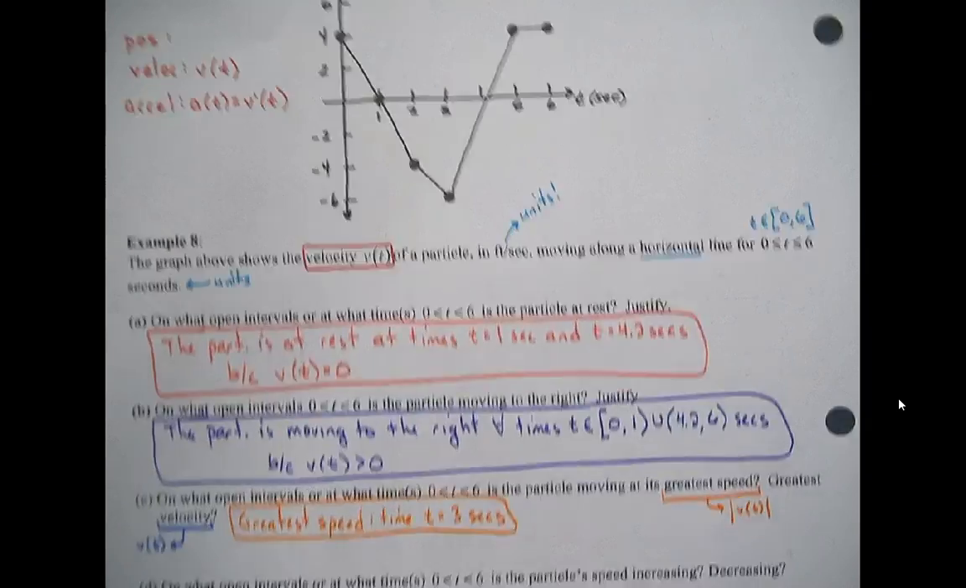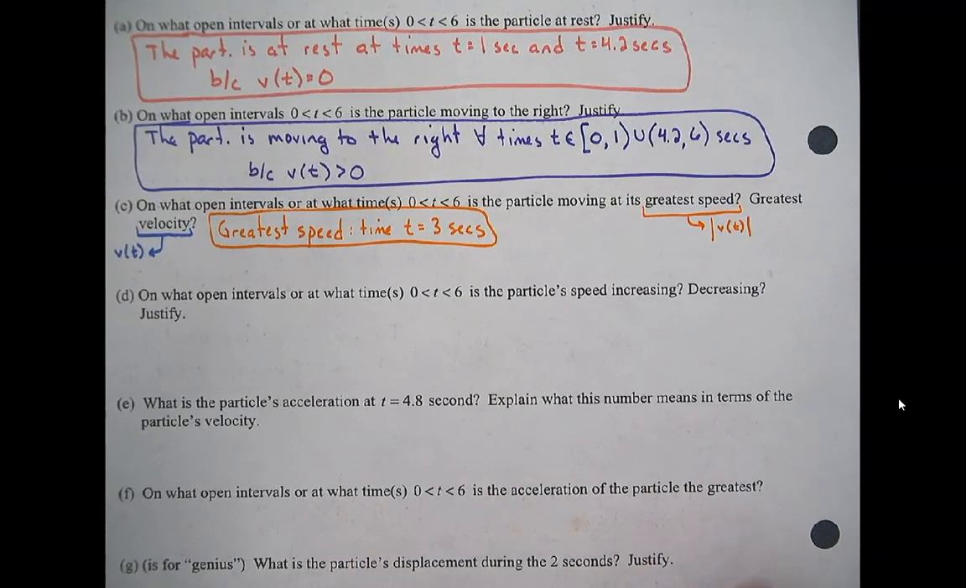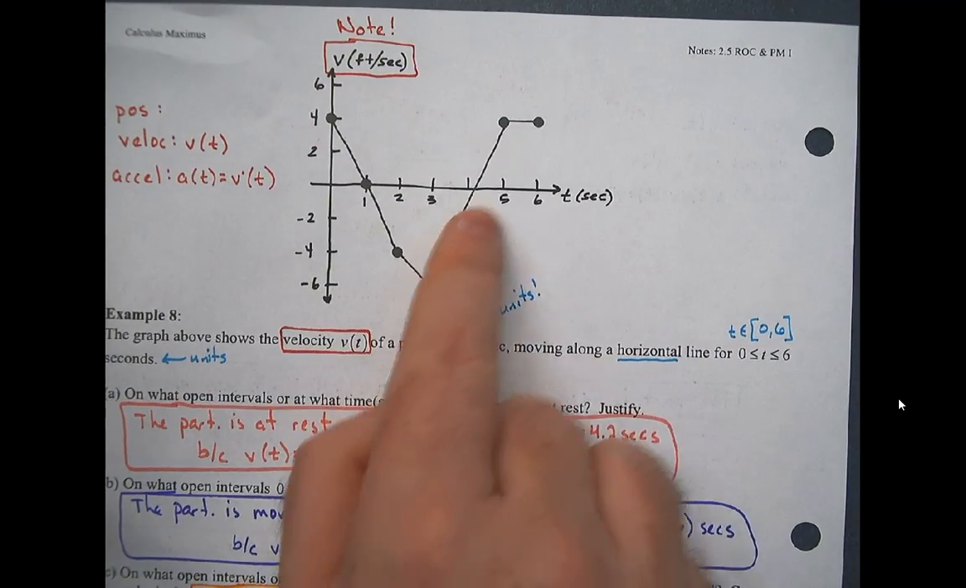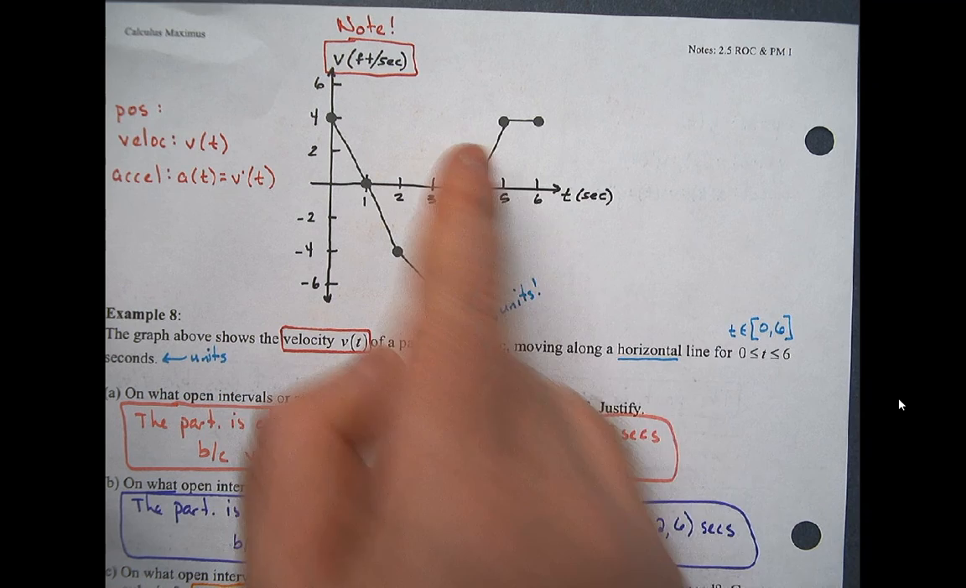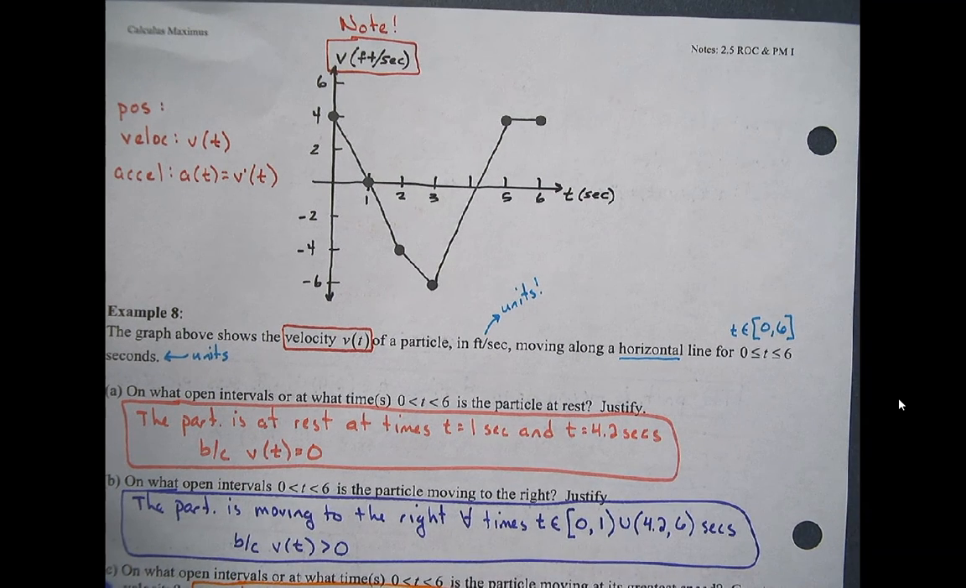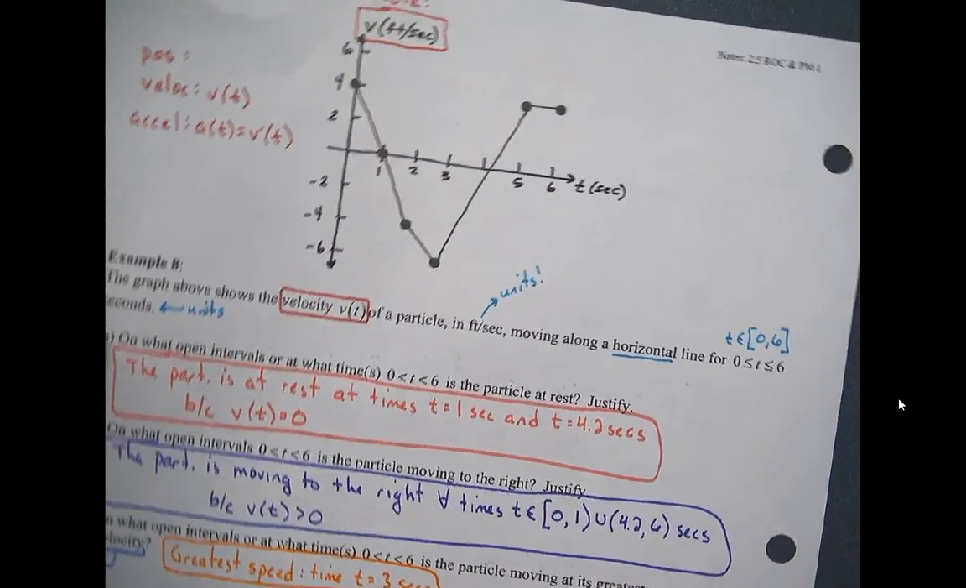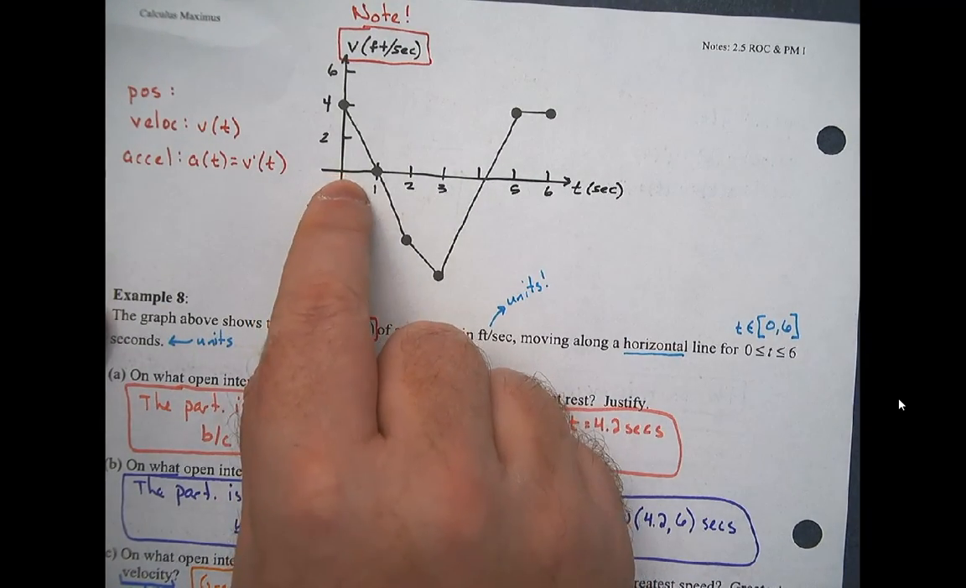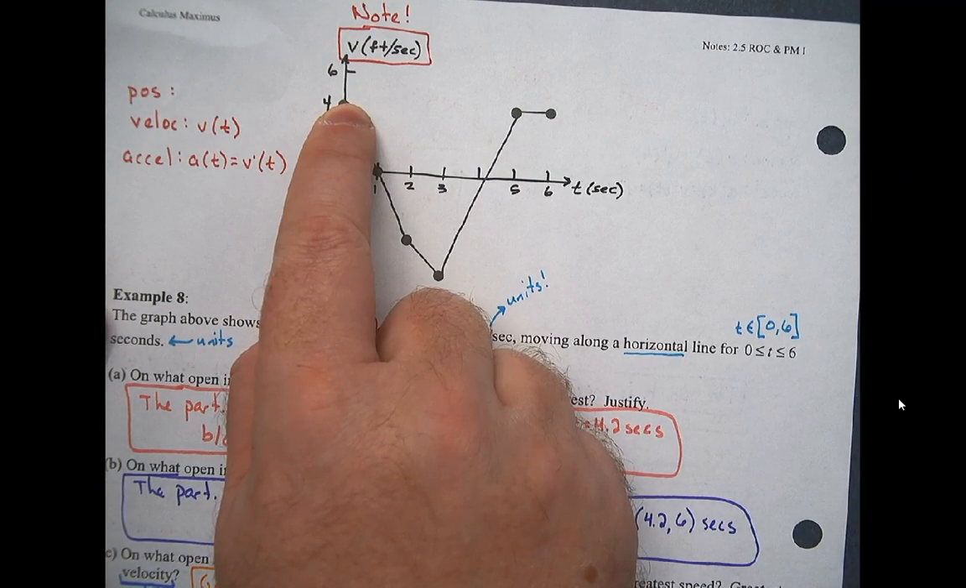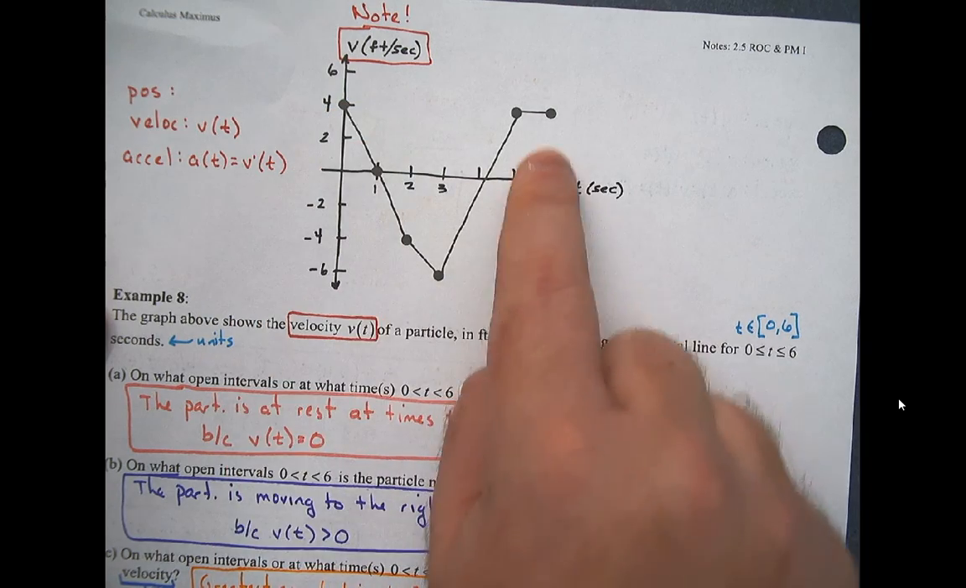Okay, now velocity is asking a different question. What's the biggest positive number? What's the biggest number that we achieve? The highest this graph reaches is a height of 4. So my greatest velocity is at a height of 4. And so when do we reach a height of 4? We reach a height of 4 at 0. And then we also reach a height at